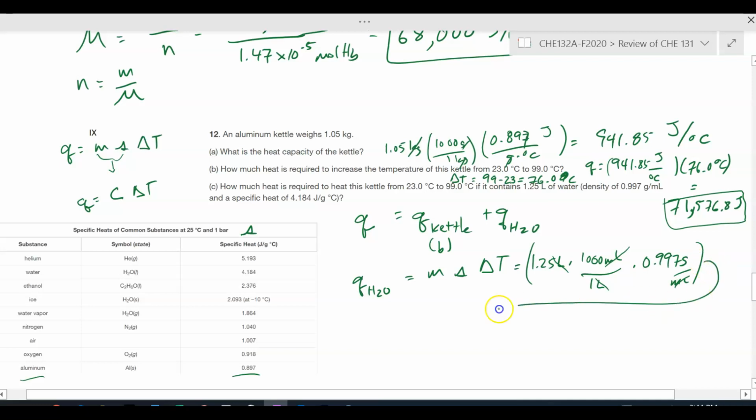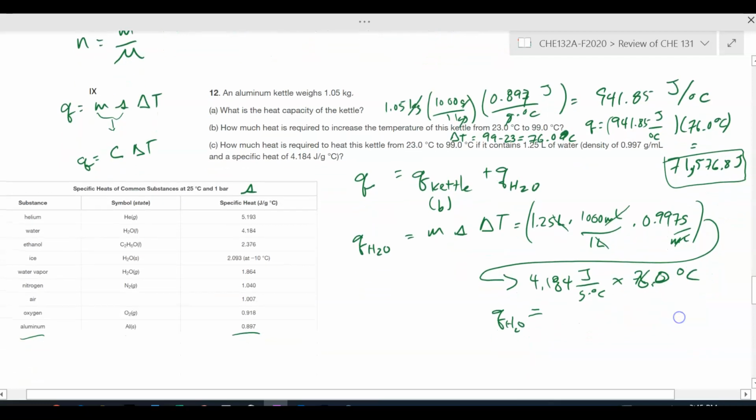And then we're going to be multiplying that by the 4.184 joules per gram times degree C times our delta T, which was 76.0 degrees C. So the Q for the water comes out to be, 1.25 times 1,000 is 1250 milliliters of water times 0.997, which is going to be just a little less than that, grams of water, so 1246.25 grams of water times